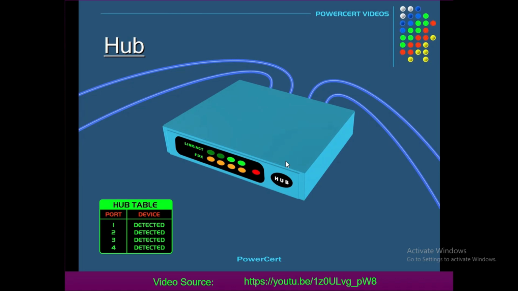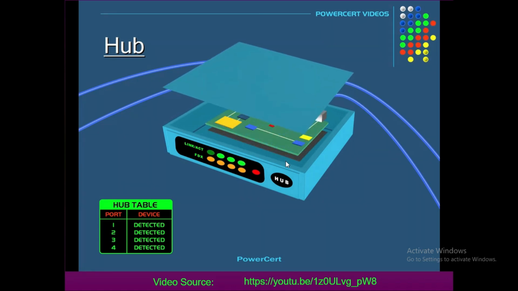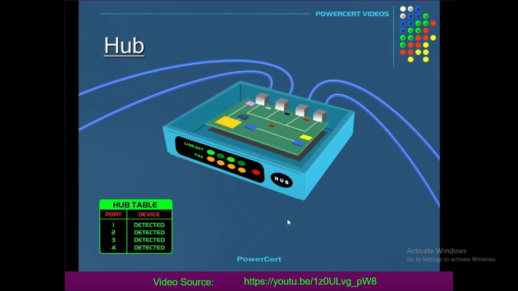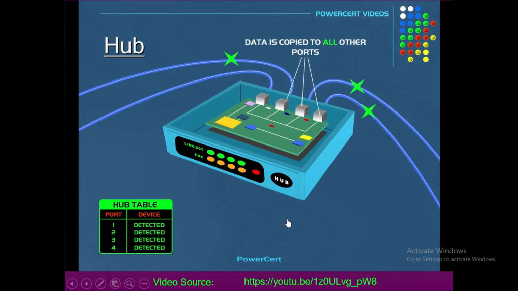That's because the only thing a hub knows is when a device is connected to one of its ports. So when a data packet arrives at one of the ports, it is copied to all of the other ports. So all the devices on that hub see that data packet. Again, a data packet comes into one port, then the hub will just rebroadcast that data to every port that has a device connected to it.